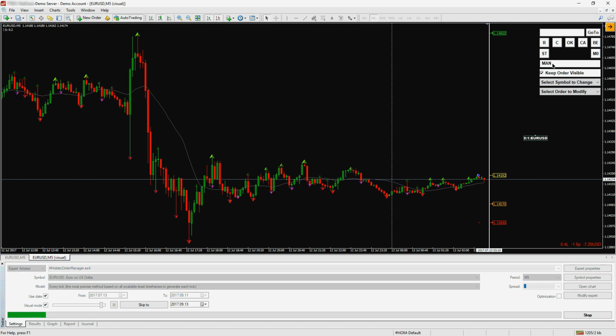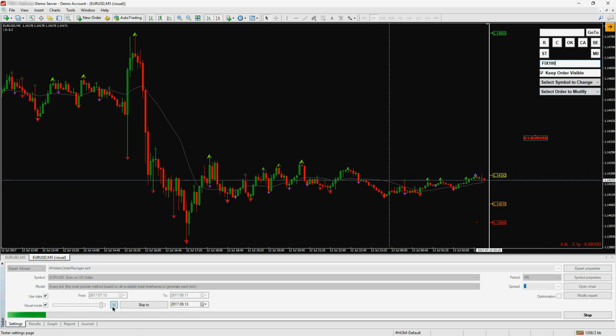Here you can see that I have a trailing stop method of manual. That means I will move my stop loss manually. But if I want to change that trailing method to fix 100, let me pause it. Fix 100 means I want to trail my phantom stop a fixed distance from the latest top. For buy order,